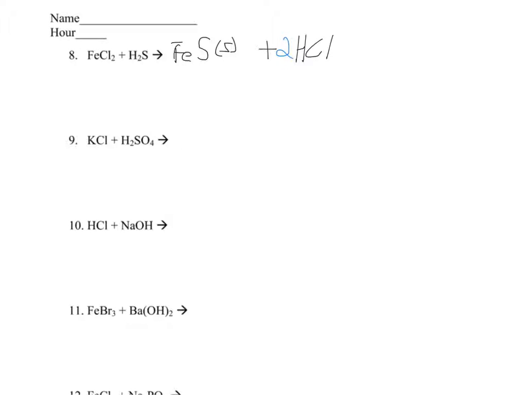This next problem, I'm going to make life easy for us, and we'll recognize that both potassium and hydrogen are in group 1, and therefore no reaction will happen. Now you'd think the same thing in number 10, but unfortunately this one has us dealing with something that's called a